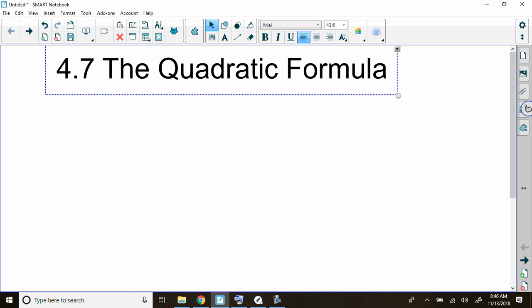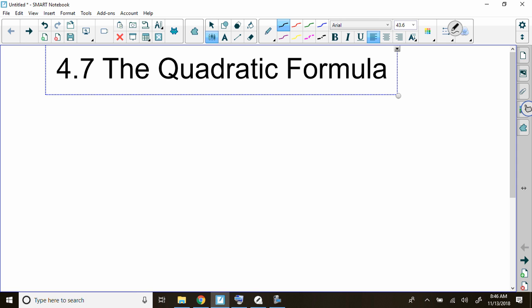Anyone who's taken Algebra 1 had the quadratic formula drilled into their head. And your teacher probably said, you have to memorize this. And they probably said, this is the most important thing in algebra that you'll have to memorize. It's not. Maybe in Algebra 1, but in Algebra 2, the formula, in case you're wondering where it comes from,